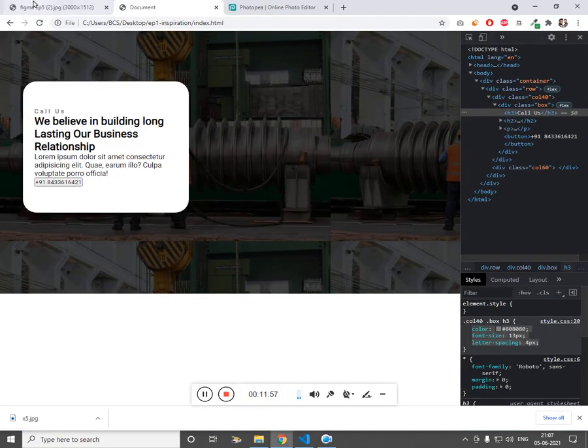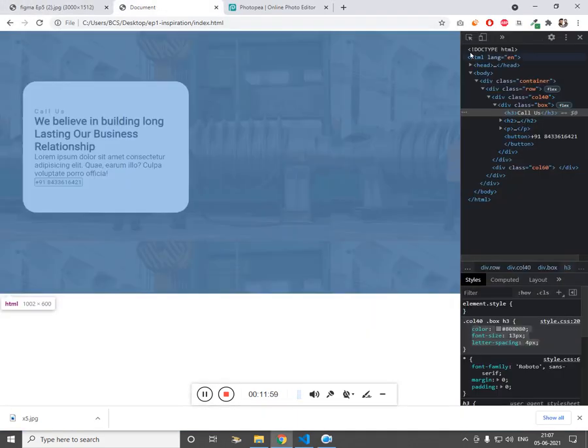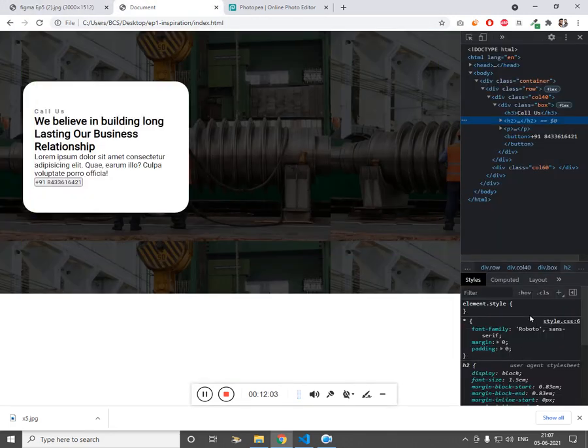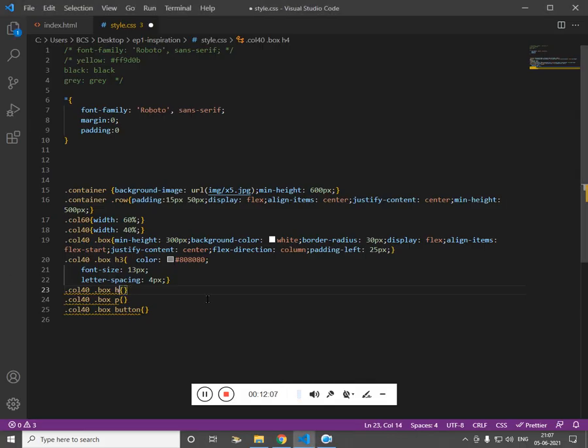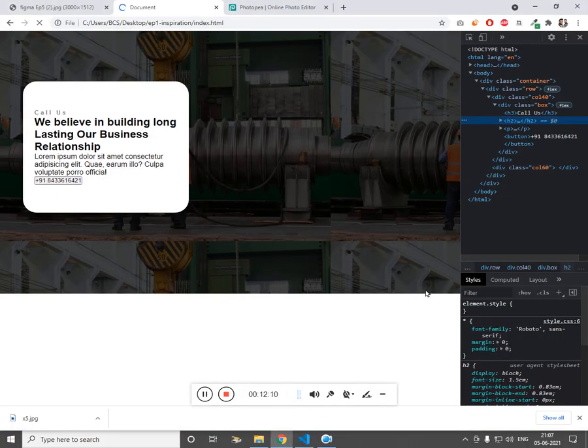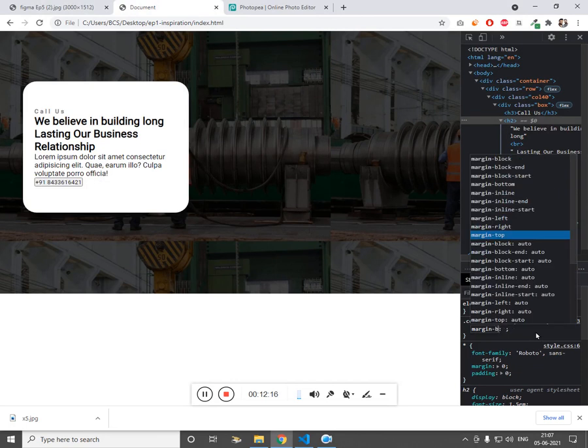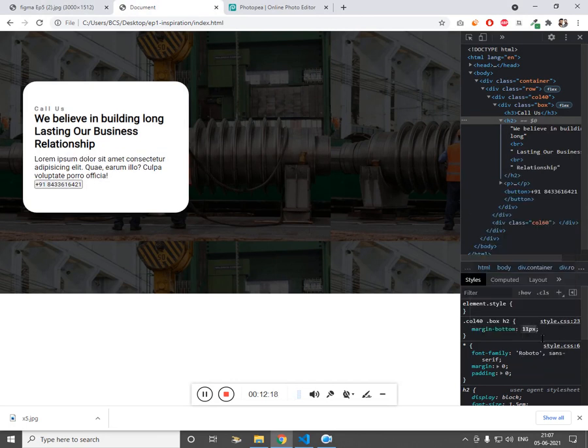Then we'll work on H4. Actually it's H2. We just need a margin bottom of 10 pixel.